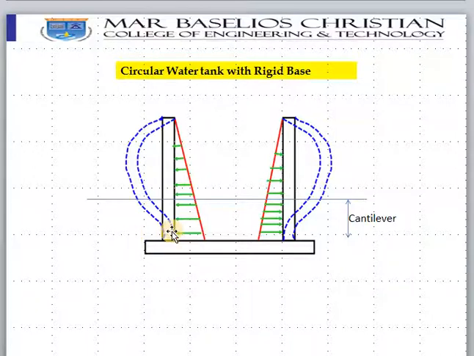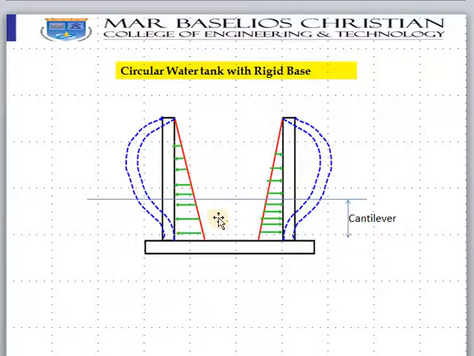In this case, since the wall and the slab are monolithically cast, wherein the reinforcement of the wall goes into the base slab, there is rigidity, there is fixity, and there is no rotation at this joint. So because of the water pressure, the wall will move like this, this portion bending like a cantilever, and this portion like a beam at the top. As a result of this, a bending moment will be generated on the vertical wall.